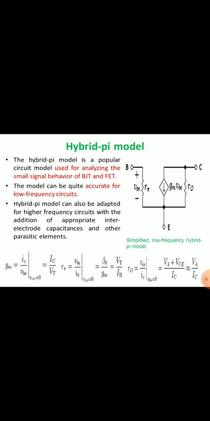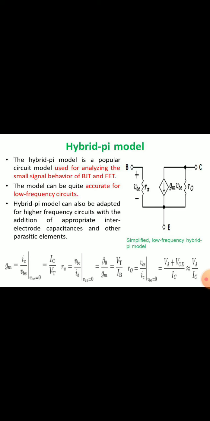So the next one is transition capacitance. First one is diffusion capacitance, second one is transition capacitance. Here, transition capacitance means that when a reverse bias is applied to the collector junction, it gives a capacitance effect called transition capacitance. It is referred to as CB dash C or CC, which is up to 3 picofarads. It is the capacitance between B dash and C here, that is, the collector base junction.